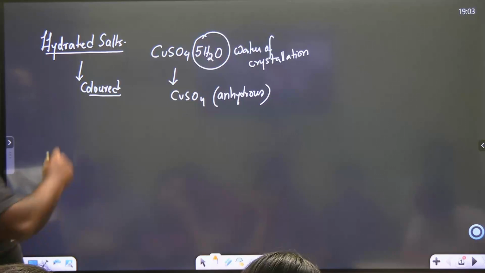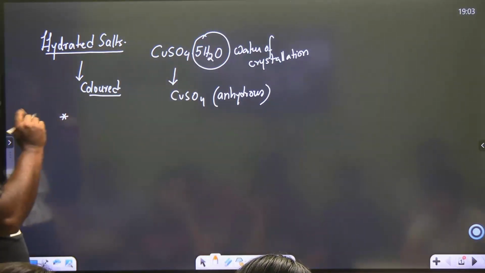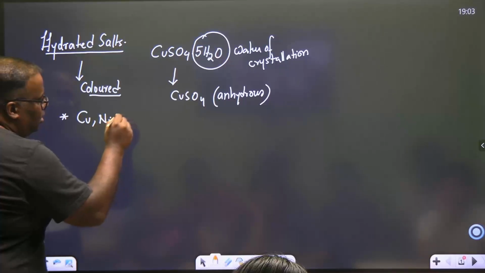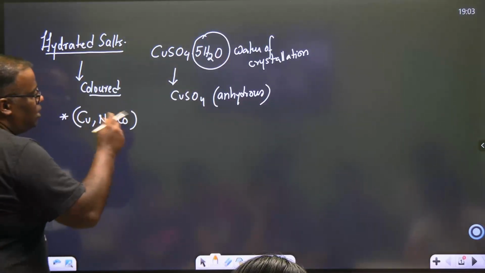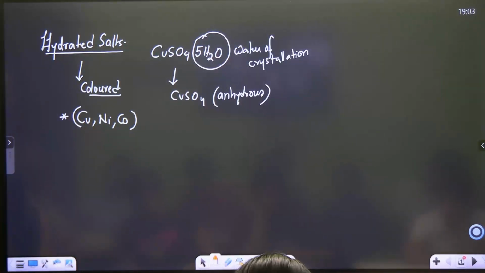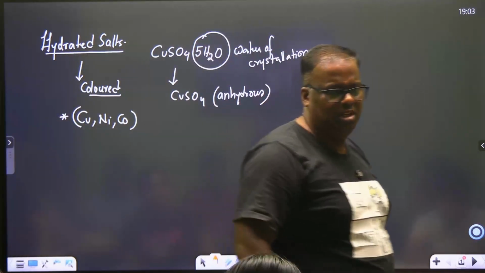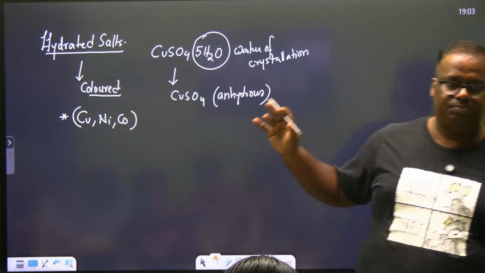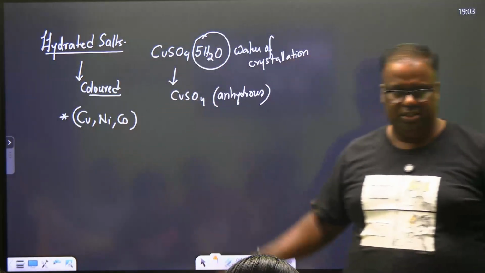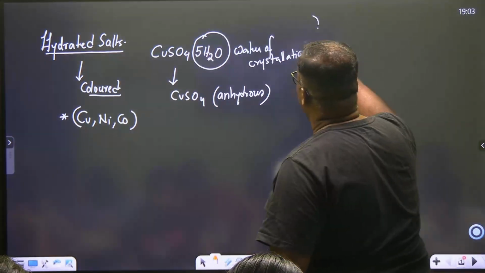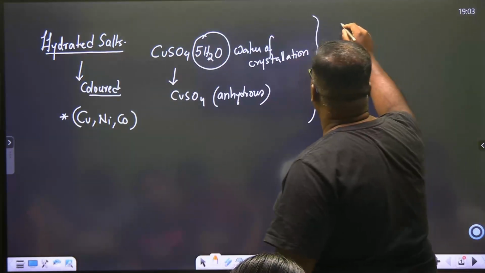Again, there is a small thing out here. Not all. If the salts are of copper, nickel, cobalt, if they are salts of these elements, these salts in hydrated form will always be colored. Remember this. We will need this. However, if you see a hydrated salt of, generally say, group 1, group 2, group 3, let's say a hydrated salt,